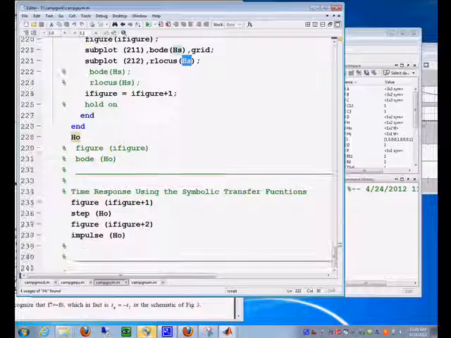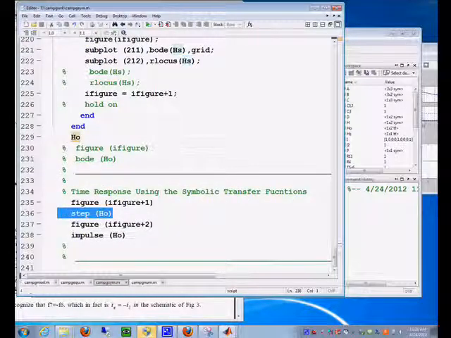And then finally, it calculates the step and the impulse response, and those are the last statements in there. And you have seen how the plot occurs. Okay. Any